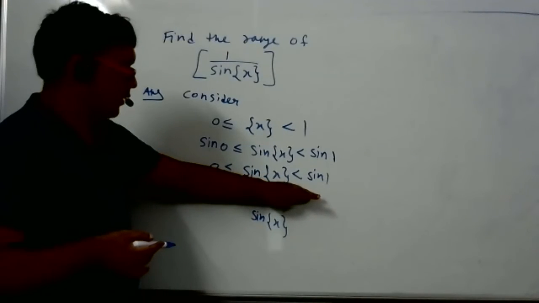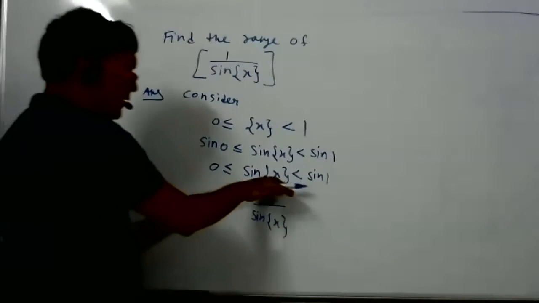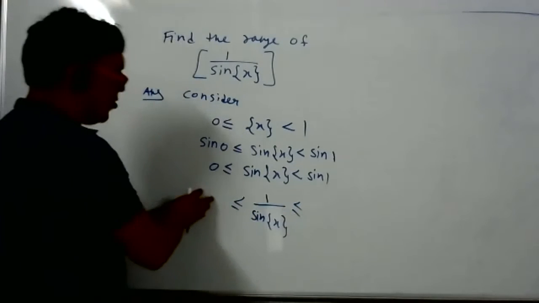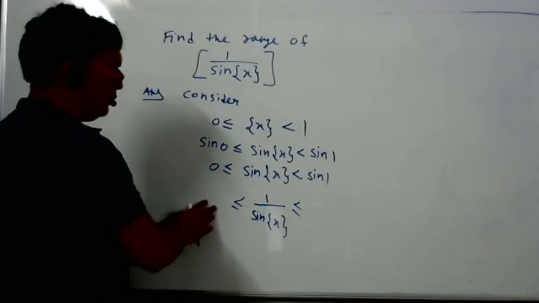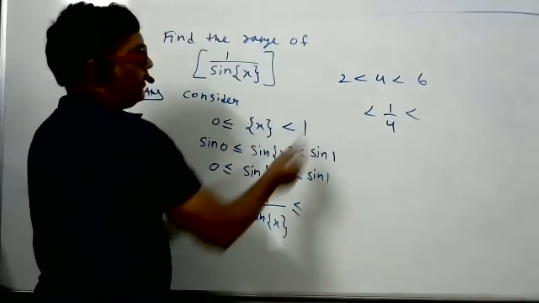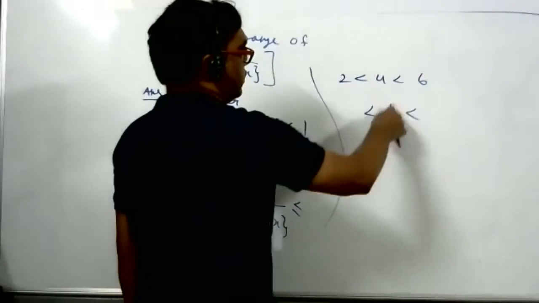This is not the stage you are saying. Next stage we'll see what to do now. So at the next stage, what should I write now? But here, on the left hand side, what will come? It is like this, students: 1 by 0. 2 less than 4 less than 6. So if I take the reciprocal, 1 by 4, what should I write on the left hand side now? The sign will change. Here, 1 by 2, 1 by 4, 1 by 6. This is the correct statement.